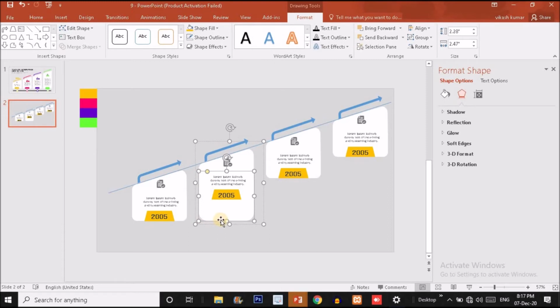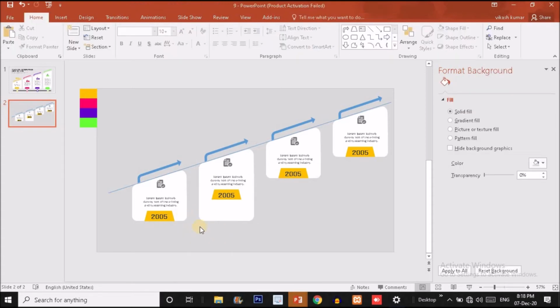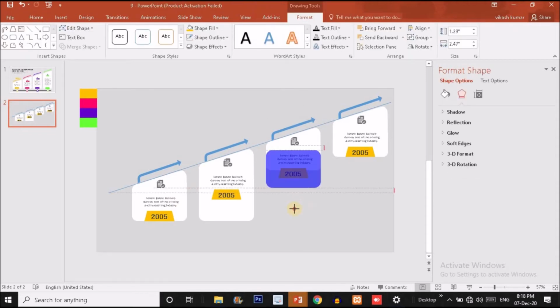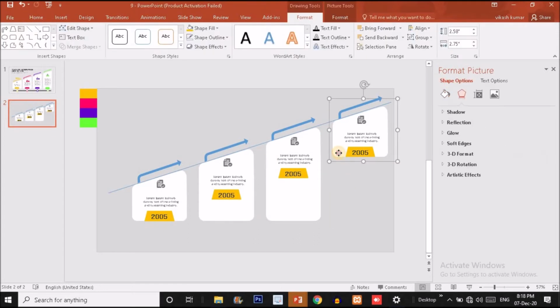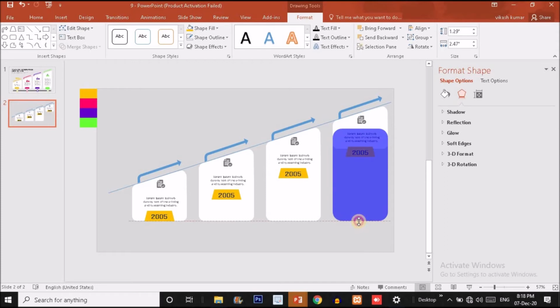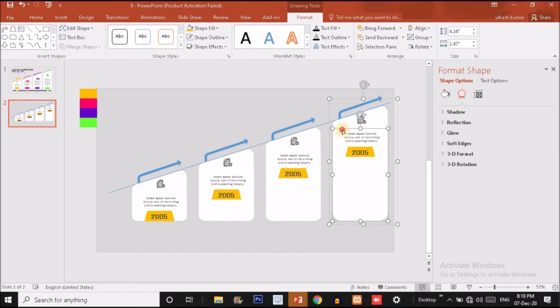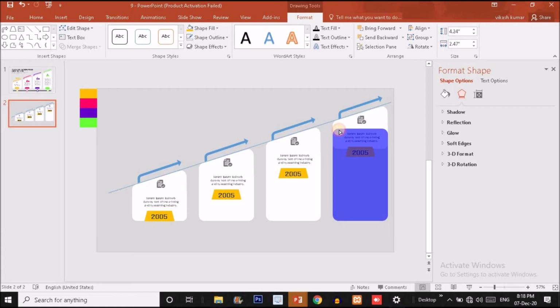this one. Now you can see the yellow dot over here, so you have to slide this yellow dot something here, so that the sharpness of the corner should be exactly the same as the previous one. Now again click on the bottom shape and drag it downward something here, and drag this yellow dot something here to match the sharpness of the previous shape. Now again click here and drag it downward again.